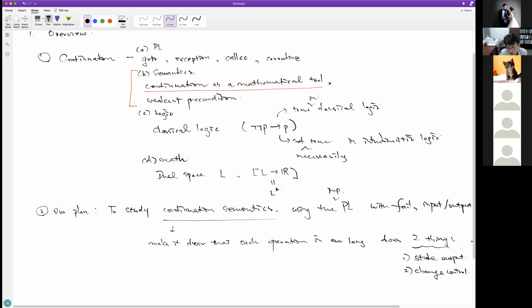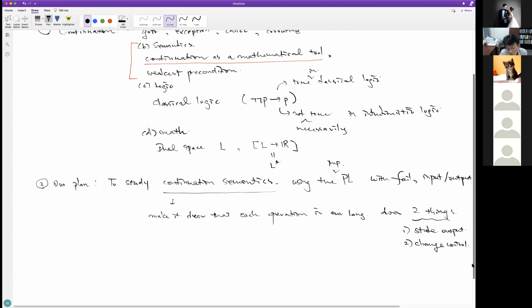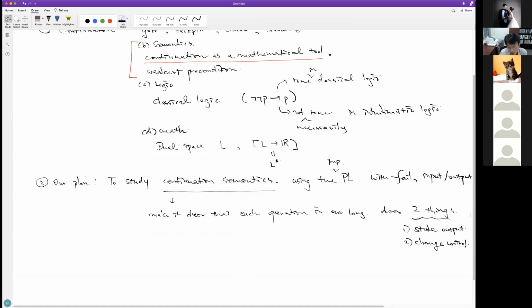Maybe when you hear about this semantics first, it's not entirely clear to you, but this changing control aspect becomes explicit in this continuation semantics and is a bit implicit in the semantics that we discussed so far. Once you study this a bit more, then you can understand that this is what's really going on.